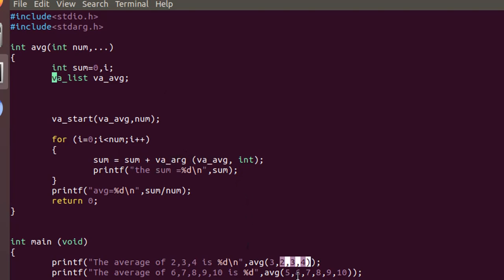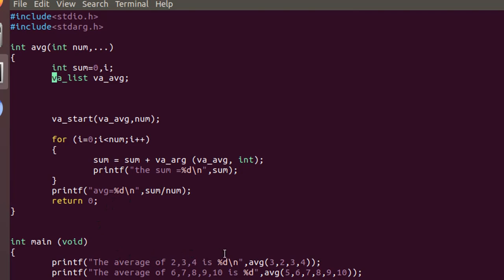If we are passing 5 elements, then we should call it 5 times. So what I am doing is fetching the element and adding up, again fetching, summing, and at last I am just dividing to give the average.